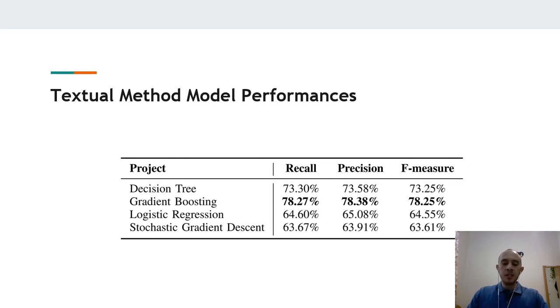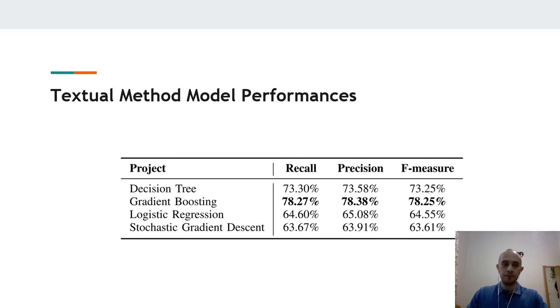And as it can be seen, the decision tree works better than logistic regression and stochastic gradient descent, and gradient boosting has the best performance amongst these algorithms